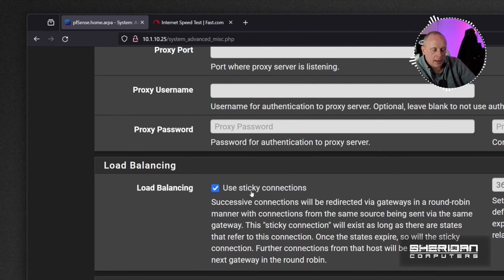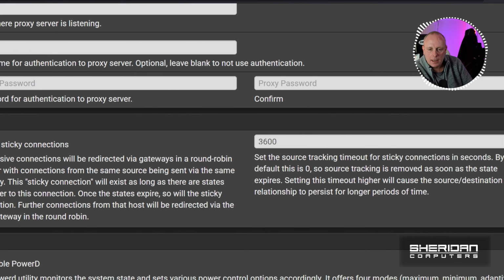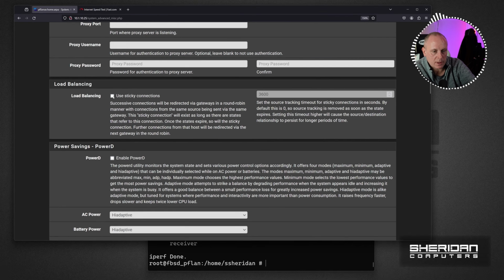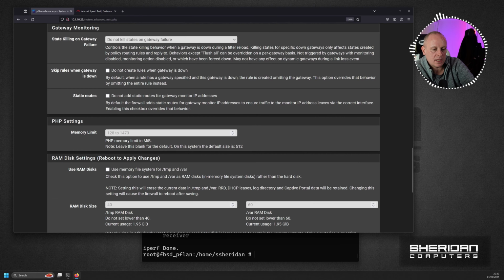All my traffic from my IP address will go through that same connection, which is why it looks like the load balancing isn't working, but it actually is. It's just that we've got it set to 3600. If I untick this, let me zoom out of this, and then I save that,